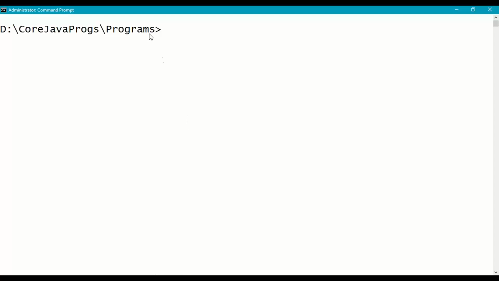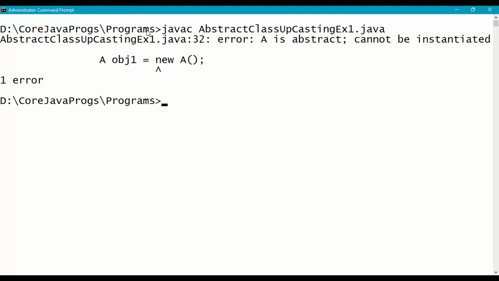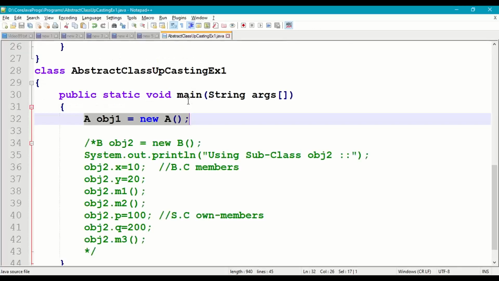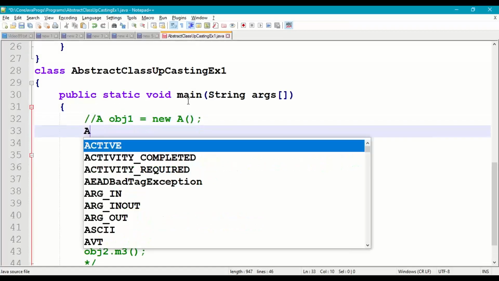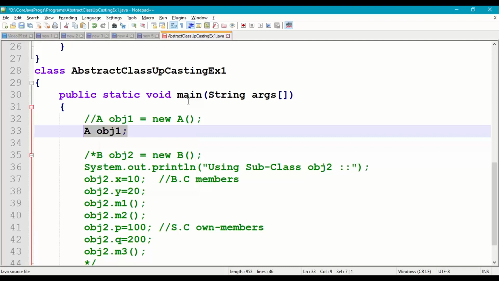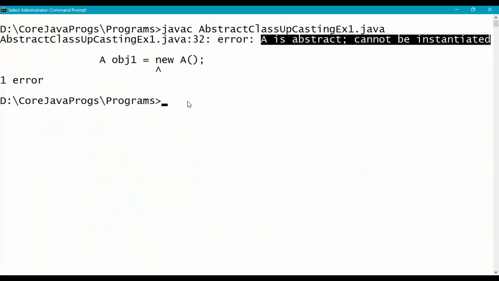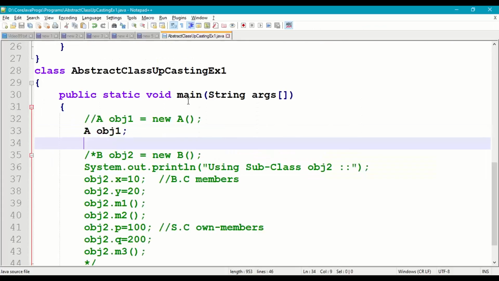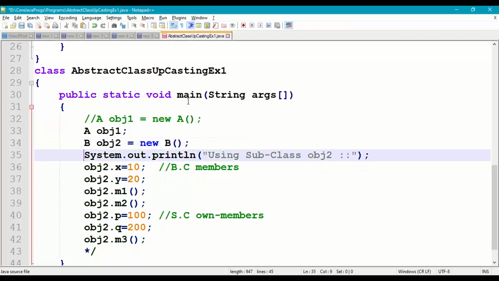Open the command prompt, go to your working directory and compile the program, abstract class upcasting example 1. So we got the error here: A is abstract, cannot be instantiated. We cannot create an object of an abstract class. Now we can create a reference variable for the abstract class, A obj1. So simply recompile the program. No error. Now let us create an object for the subclass, B obj2